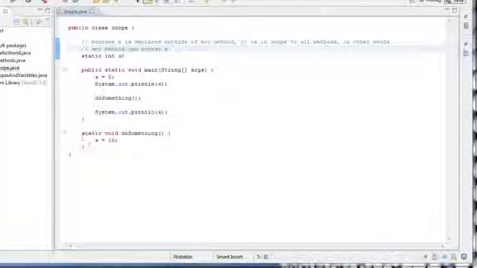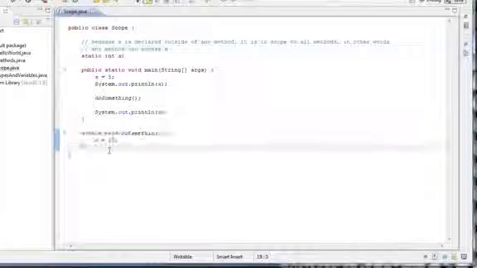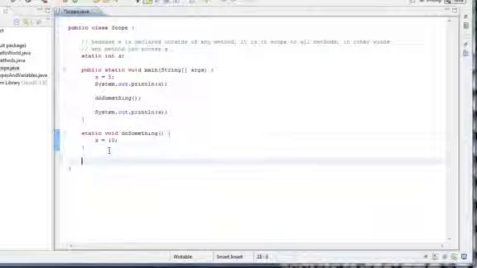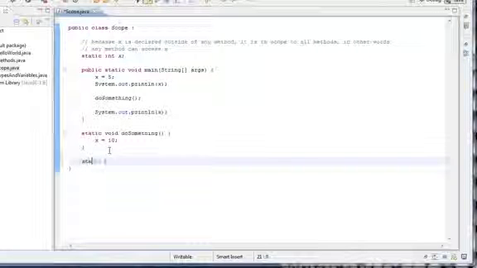I'm going to go down after our doSomething method and create a new method called static void doSomethingLocally, parentheses,